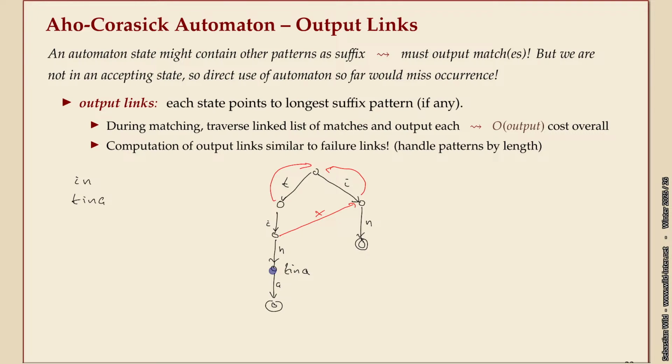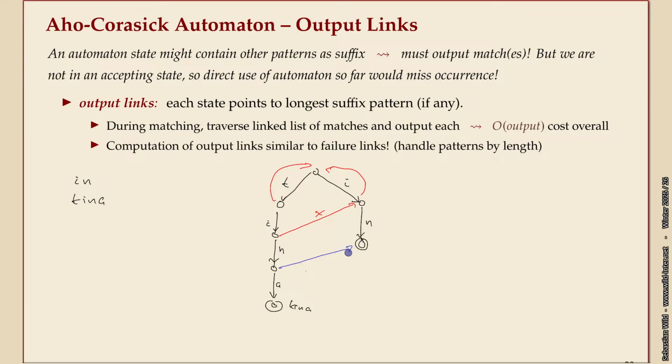That's an ordinary node. I'm not going to do anything. And I'll just continue reading, but not report any match. Whereas in reality, in was a match, and I've missed it. That's a problem. So we can't let that happen. But you can add another type of links. That's the output links,